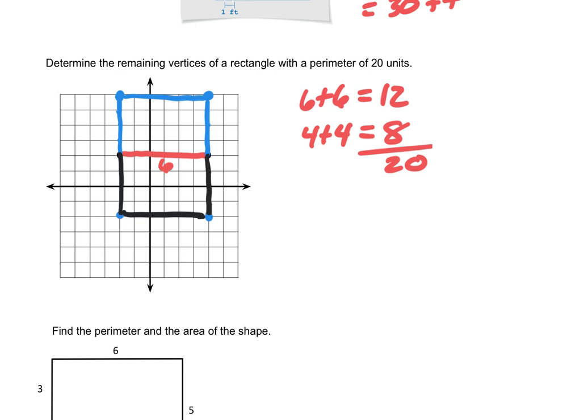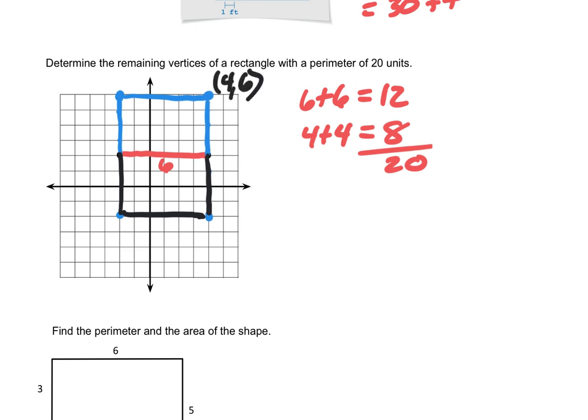Either one of those would be a possibility. Okay? So you have 2 different rectangles you could form. If I identified, let's do the top one here. This ordered pair here, we're going to start at 0, 0. We're going to go over 1, 2, 3, 4. We're going to go up 1, 2, 3, 4, 5, 6. So this ordered pair up here would be